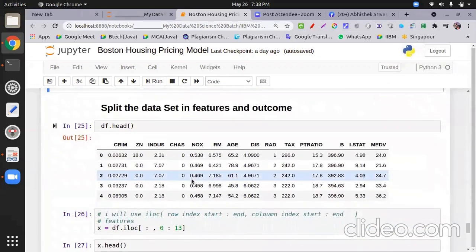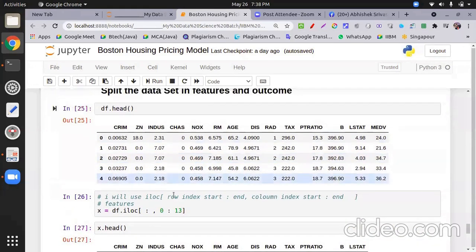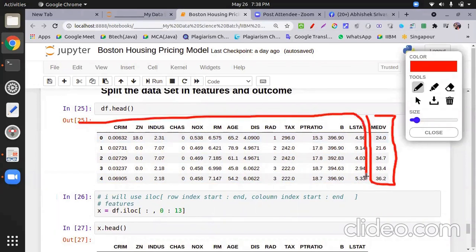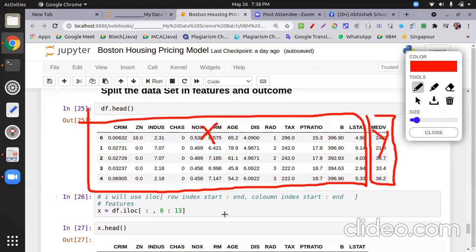Then I split the data, and I told you some are independent variables, one is the dependent variable. In my case, the dependent variable is MEDV, that is house price, and these are the independent variables. So I put this into X and this into Y, influenced by the formula y equals mx plus c.